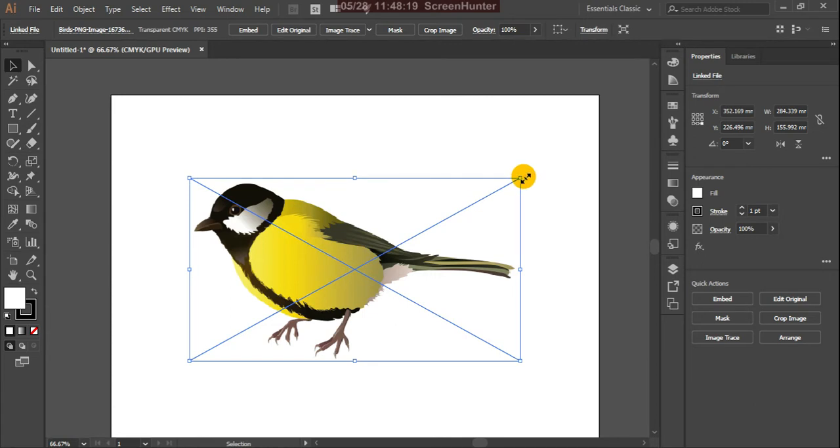Suppose you open linked files in Illustrator, the picture has a cross mark, which indicates that your picture is in linked format. So what is the benefit of linked and unlinked files? When you use linked files, you are not directly opening that image in Illustrator.